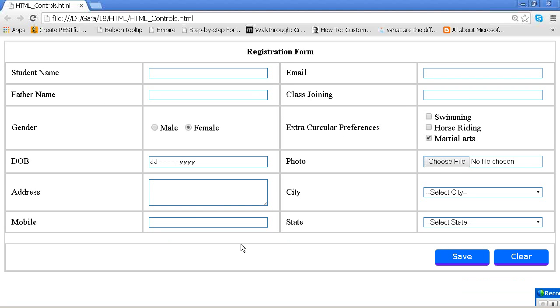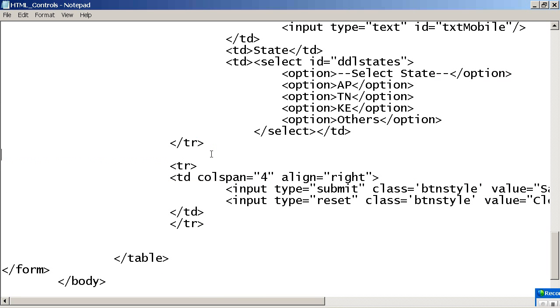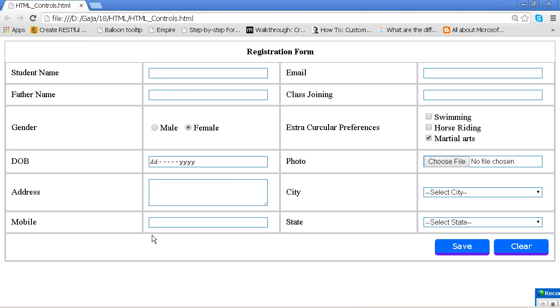Okay, now it looks more like this. Here you are not able to see. Anyway, for PH also these borders are taken. Are you understanding? Okay, next.